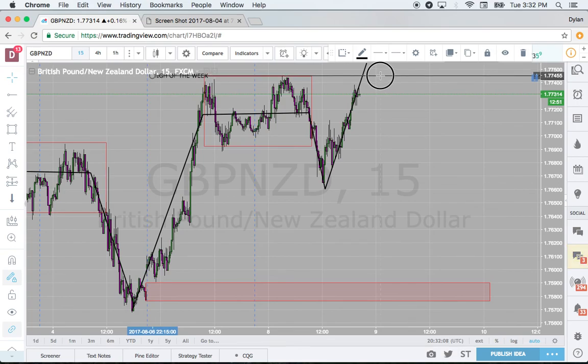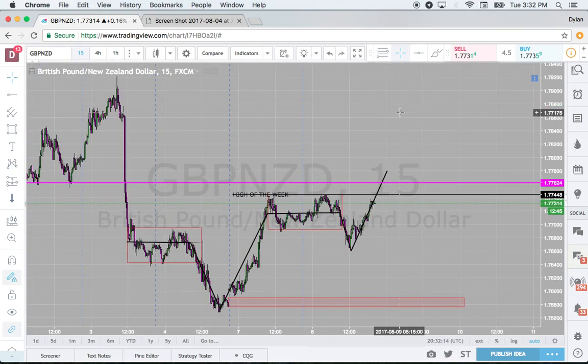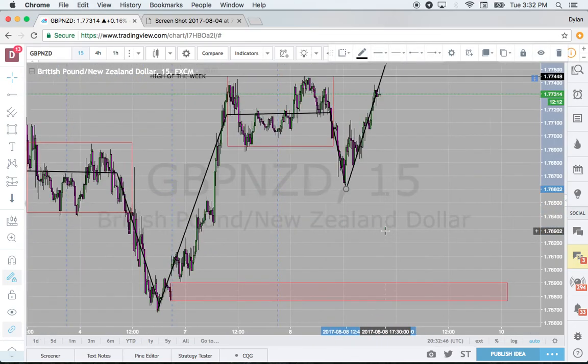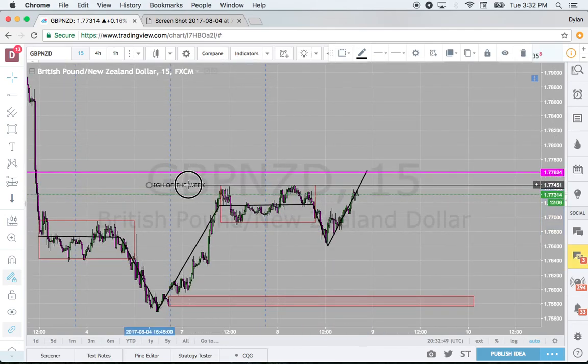Well, a lot of algorithms, robots, EAs, expert advisors, these automatic trading systems in their software, in their coding, use the highs and the lows of the day or the week or the previous week in their programming, and institutional traders use this information as well to trade off of. So knowing this is the high of the week,